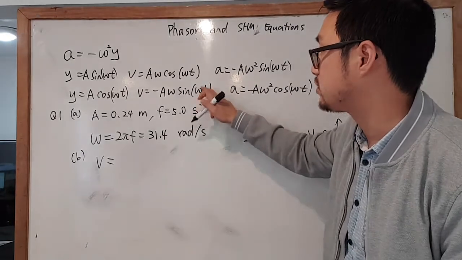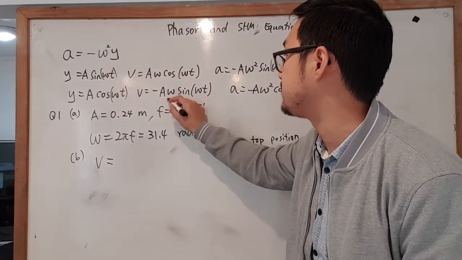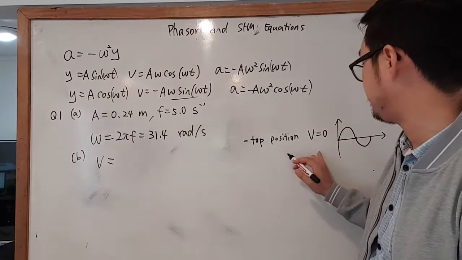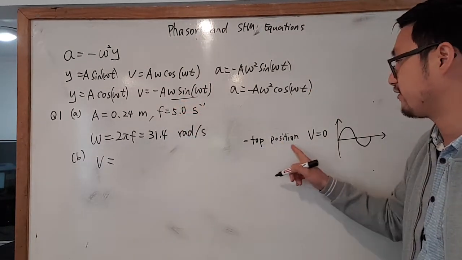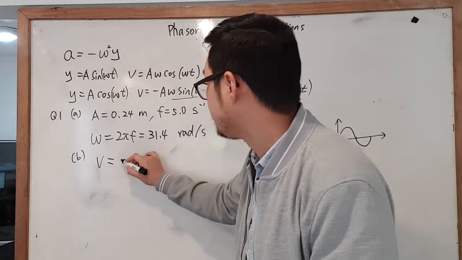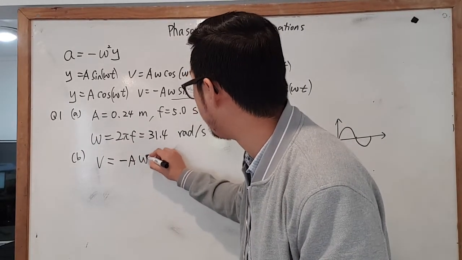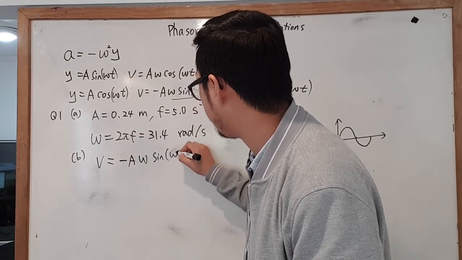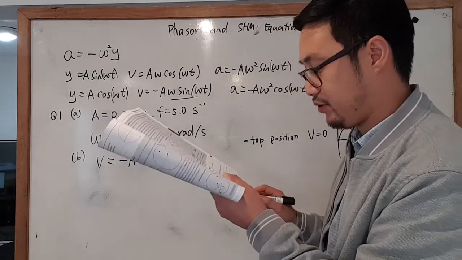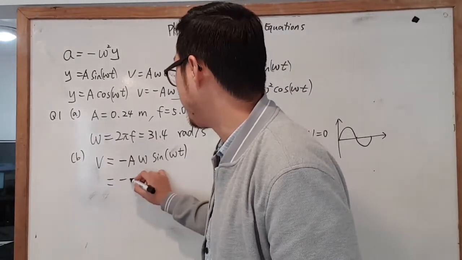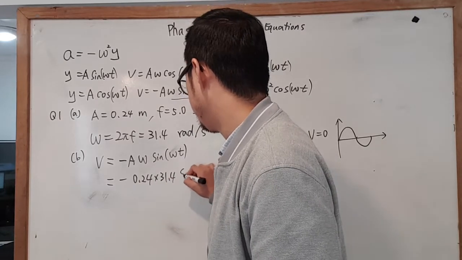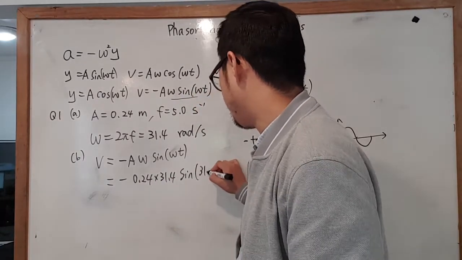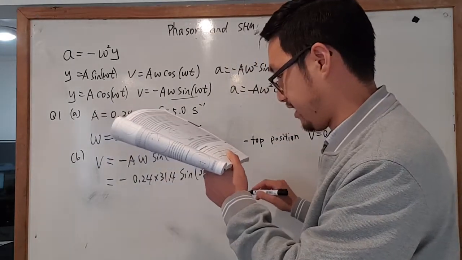So which one do we choose? We must choose this one, because this one is a sine graph. That shows me timing, because a sine graph starts from 0. We are starting from 0, the top position. So that equals negative a omega sine omega t. Now I can put my information in there: negative 0.24 times 31.4 sine 31.4 times the time,